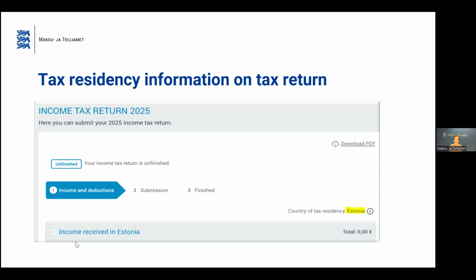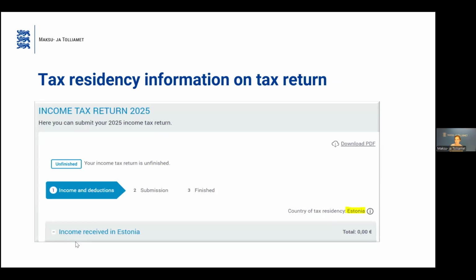Tax return in Estonia is also available for non-residents who are residents in another European Economic Area member country. But of course, mostly this tax return is meant for residents of Estonia.